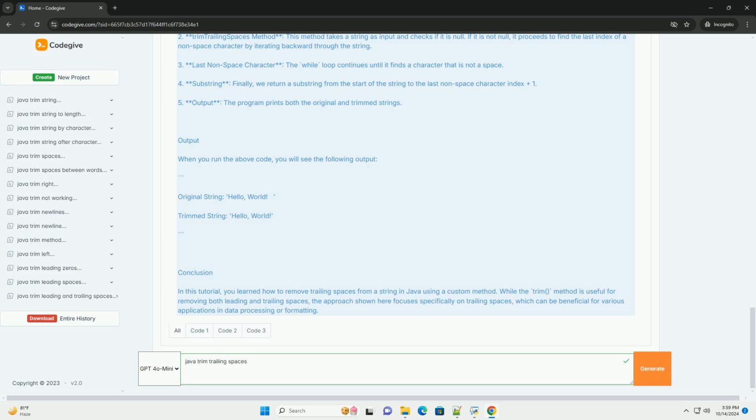Code example. Here's an example that demonstrates how to remove trailing spaces from a string in Java. Explanation of the code. One, original string: we start with a string that has trailing spaces. Two, trim trailing spaces method: this method takes a string as input and checks if it is null. If it is not null, it proceeds to find the last index of a non-space character by iterating backward through